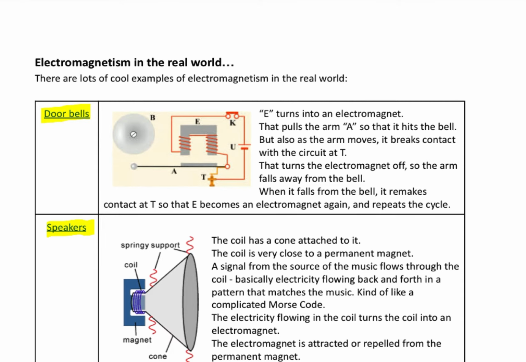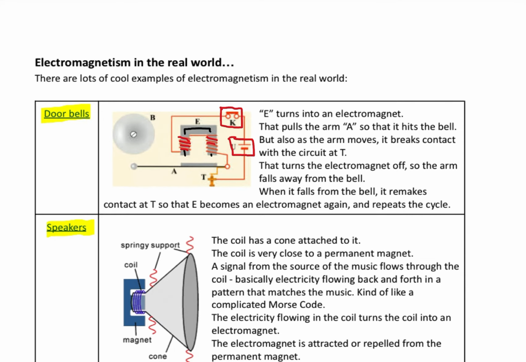With that, I'm going to start with the doorbell. This little emblem up here by letter K is the symbol for a button. When you push the button to turn on the doorbell, we've got a battery in it. What happens is when you push the button, current flows through those red wires and into the important thing in this diagram, E. So this upside down U-shaped thing at E, when a current flows through these red wires,